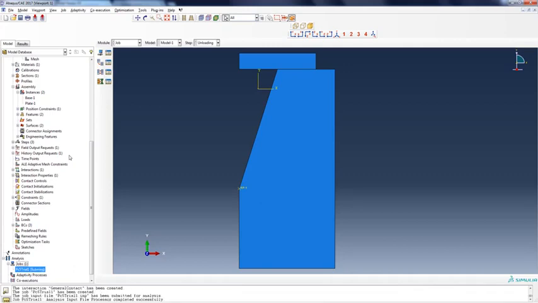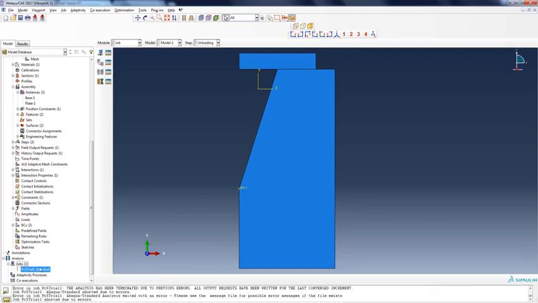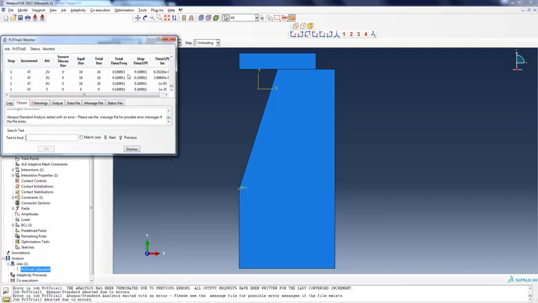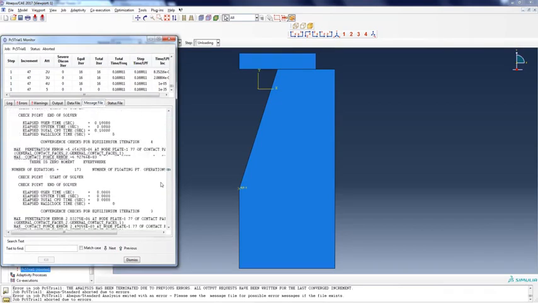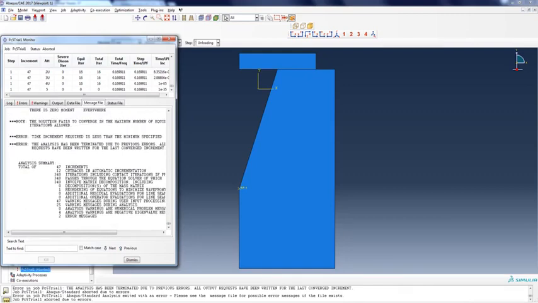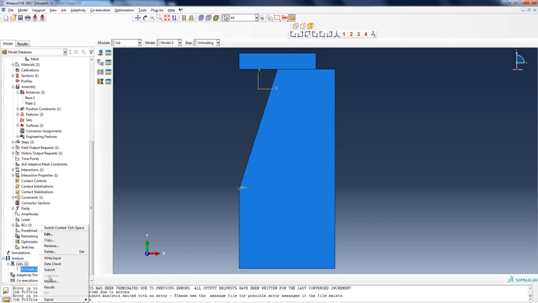So no error in the input file, and the analysis aborted. Let's have a look at the error message. Time increment is less than the minimum, so it's most likely a convergence issue. The solution fails to converge. Alright, so let's have a look at the solution.